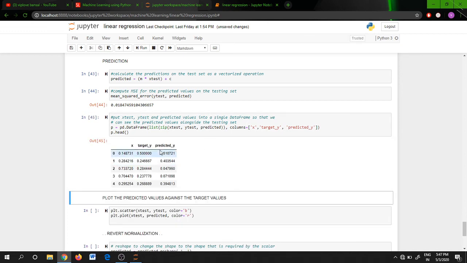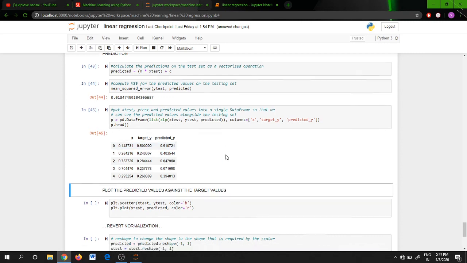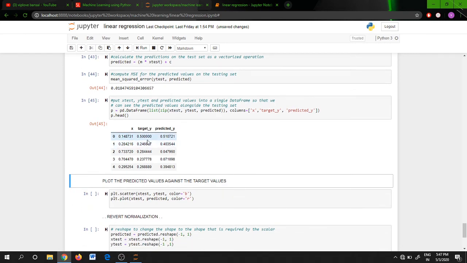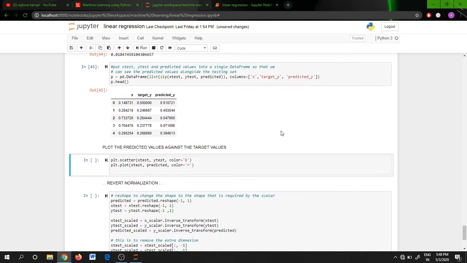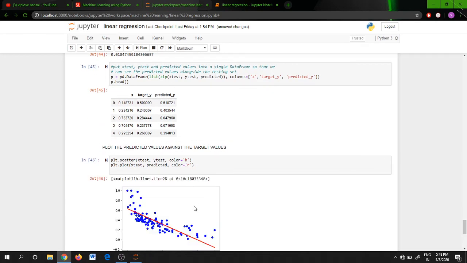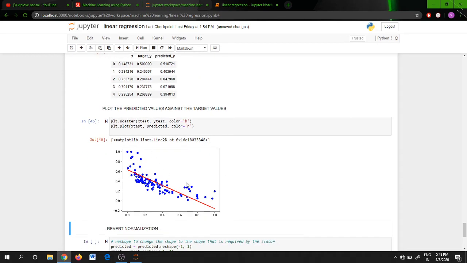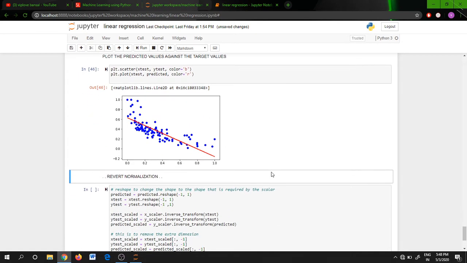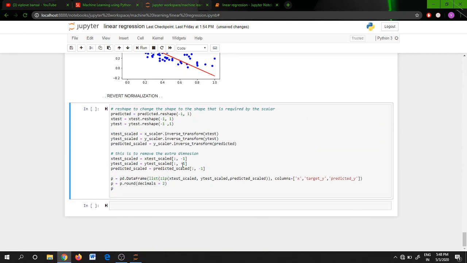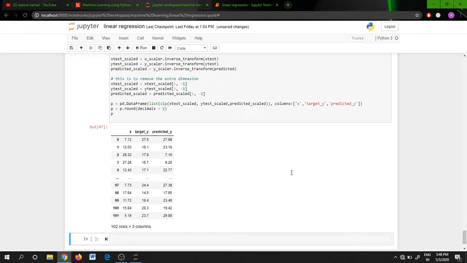But as we want to see the prices of the houses, we have to revert the normalization that we did earlier, so that the output can be understandable. So let's do that. This is a plot of the predicted values against the target values. And now let's revert the normalization and create a data frame. This is the final data frame. It has the target values and predicted values.